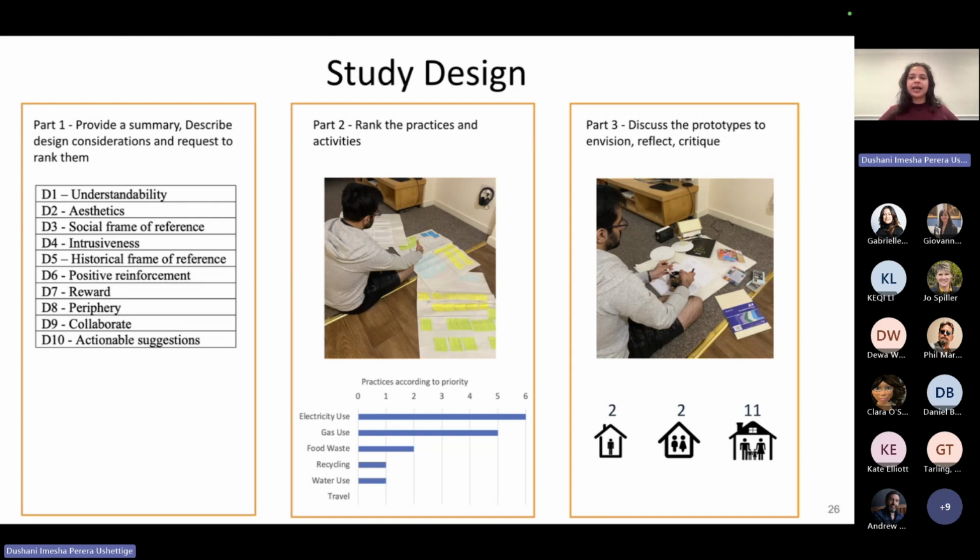And then finally, I presented them the 5 prototypes that I have designed using the knowledge from phase 1. And I also provided them different materials like sketching materials, paper, cardboard, and building materials. I said, take apart what I have made, build what you want, or sketch if you feel more comfortable with sketching. So this was more like an exploratory session.